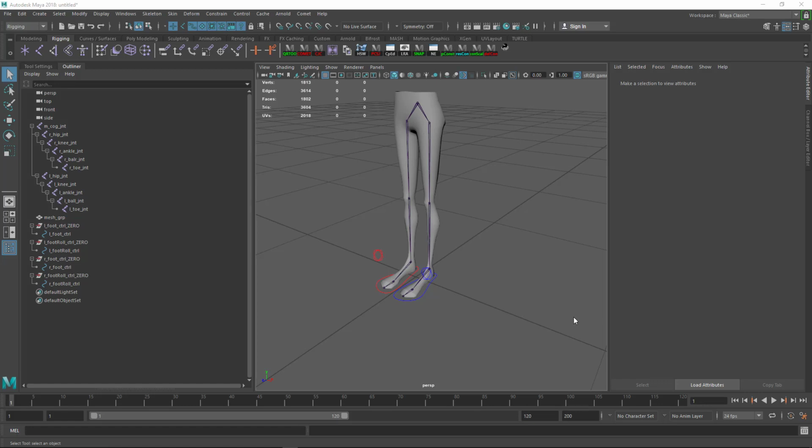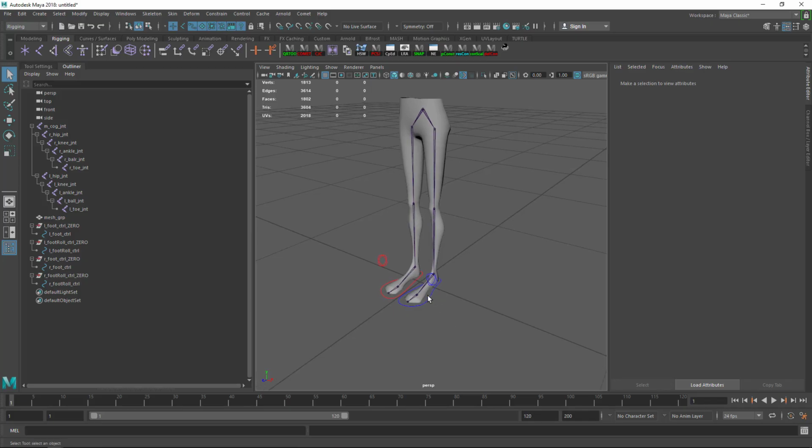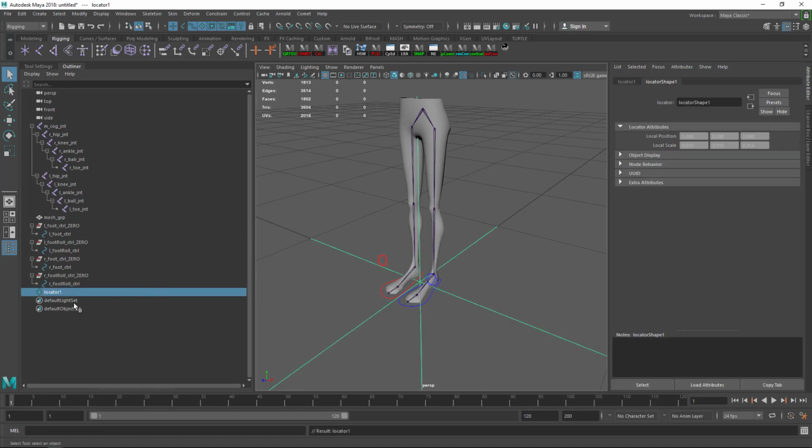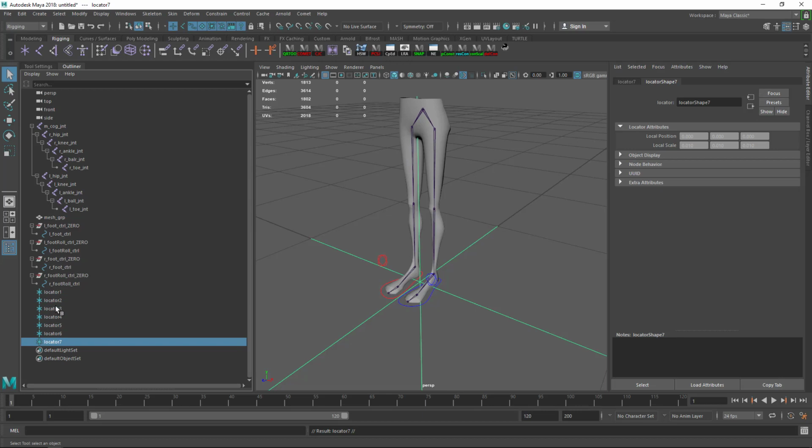Hey guys, I'm just going to quickly show you how I create foot roll and foot controls for my characters. Been asked by a couple people, so here we go. Got a basic setup right now. Just a couple joints for the upper legs, the knee, the ankle, the ball, and the toes, and then controls